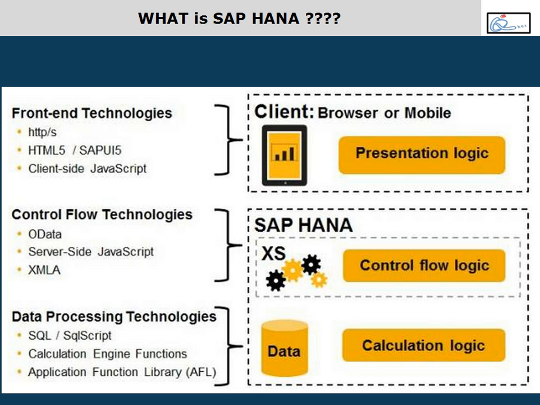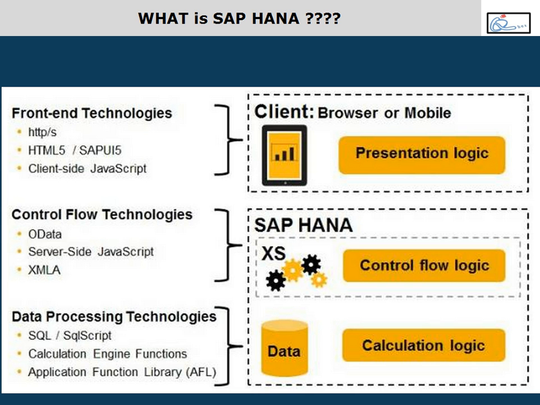The index server will run as a process in the OS. Let's say I install my HANA database on some SUSE Linux server. Your index server will be running as a process at the server level, as a service. In the same way, apart from the index server, you'll also have another process called the XS Engine server or XS Engine process. Because of this XS Engine, we are able to use HANA as a platform.